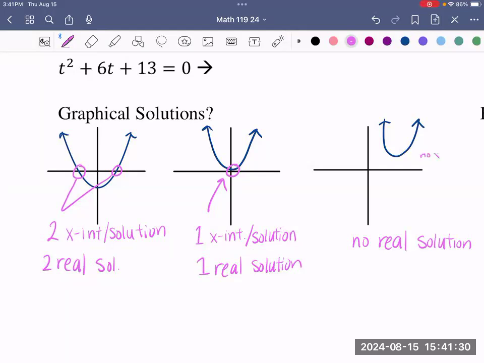So no x-intercept. However, we can use something called imaginary numbers. Now, unfortunately, we don't get to deep dive into imaginary numbers. So we're going to just very, very quickly on our next page, explain what an imaginary number is in its very watered down sense. So your imaginary solution just comes from saying, okay, if it were possible that this x-intercept was up here, what would your solutions be? So we would have two imaginary